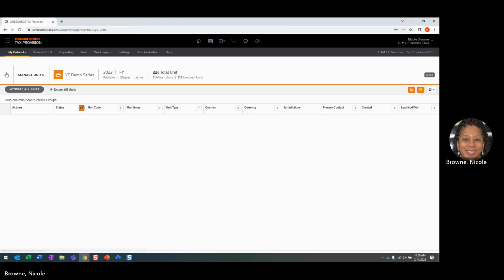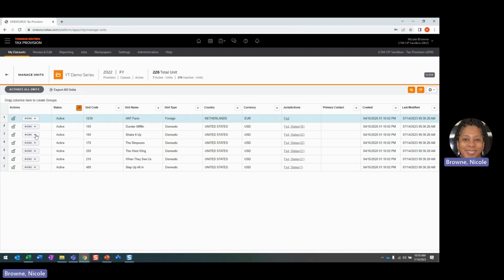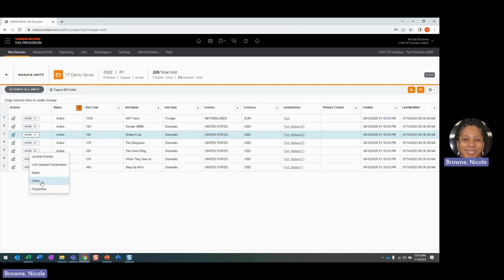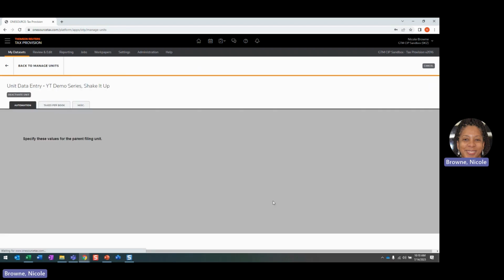Now, how does this impact NOL automation or VA automation at the individual unit level that's not a parent? As you can see, this area has now been deactivated. If you are a unit that is not your own filer, as in you are not a standalone unit anymore, the system recognizes that we've designated a parent filer for you, and only the parent will be allowed to automate